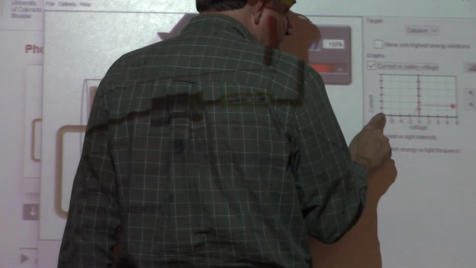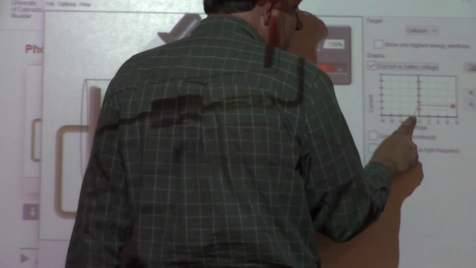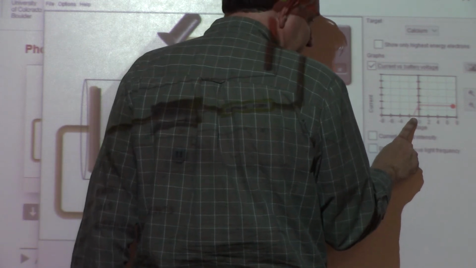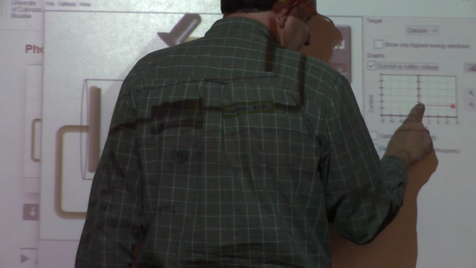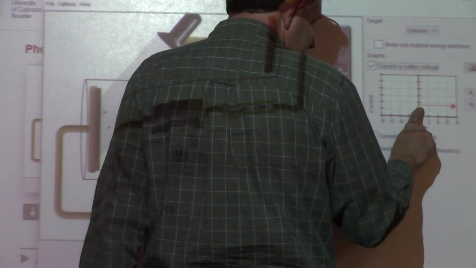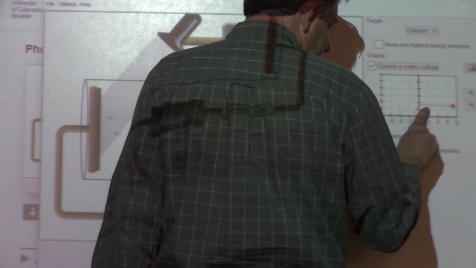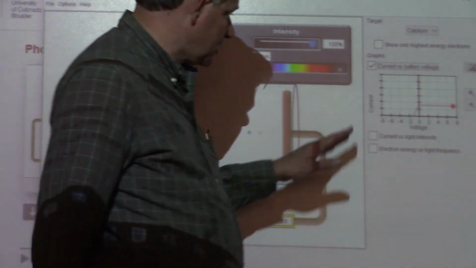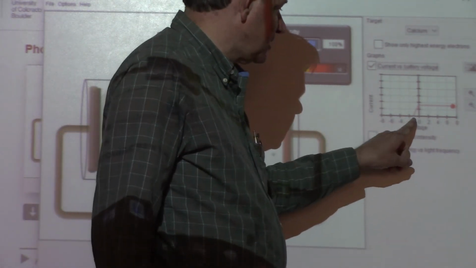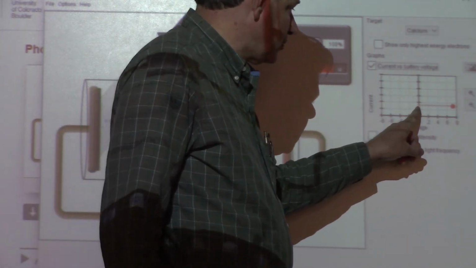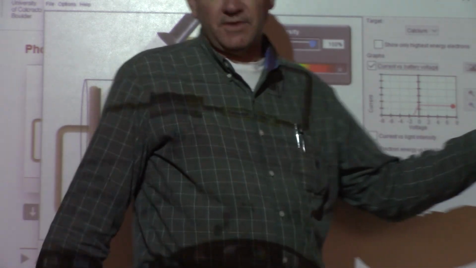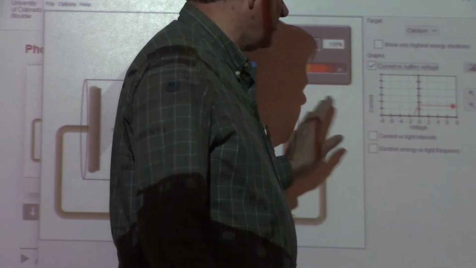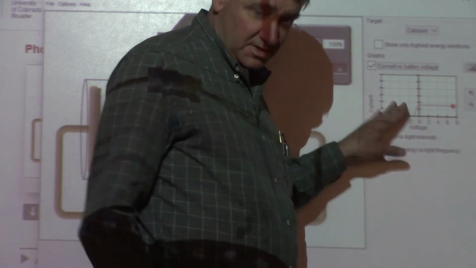So I have no current, then at about -1.5 volts I begin to see a rise, and then at 0 volts the line kind of levels off. So I've stopped the current, then I'm letting more and more electrons go across, and then afterwards, boom, they all still make it across. So that's what, so on number